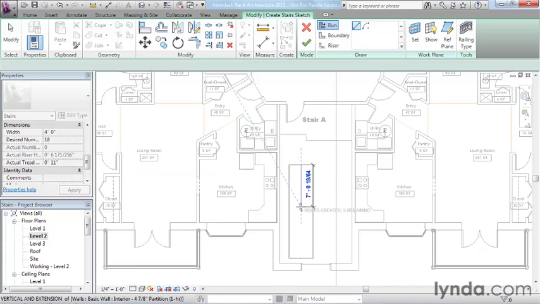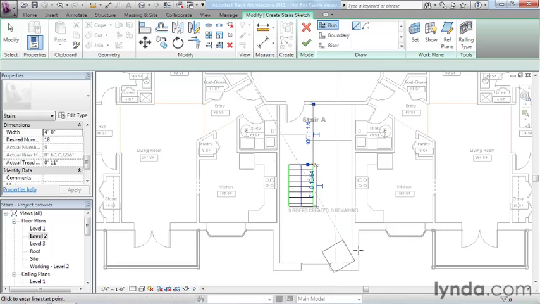And what I would like to point out to you here is it's a little difficult to see, but there's this gray piece of text following my cursor. And right now it says 11 risers created, 7 remaining, and then it says 12, and then 13, and so on. This is telling you how many risers you have. So what I want to do here in this case, because I'm doing a switchback stair, is I'm actually going to back up here to where it says 9 risers, because I know I've got 18 total. So I want to use up half the risers for the first run of my stair,